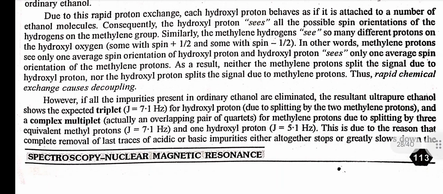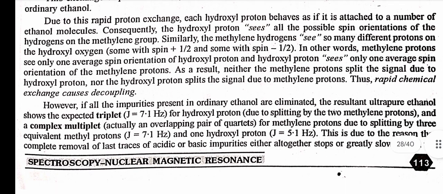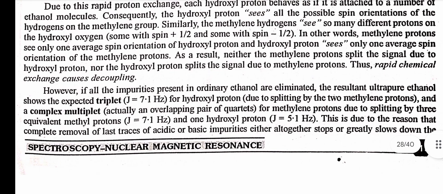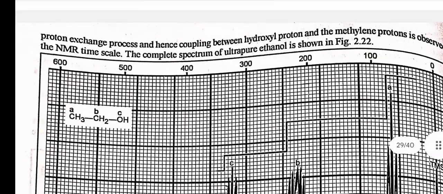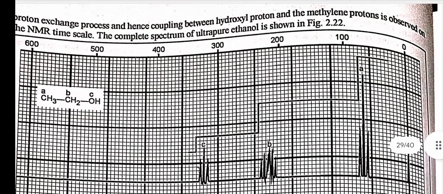However, if all the impurities present in ordinary ethanol are eliminated, the resultant ultra-pure ethanol shows the expected triplet for hydroxyl proton and a complex multiplet for methylene protons due to splitting by three equivalent methyl protons and one hydroxyl proton. This is due to the reason that complete removal of the last traces of acidic or basic impurities either altogether stops or greatly slows down the proton exchange process, and hence coupling between hydroxyl